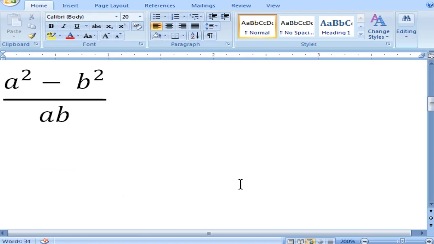Next is a square minus b square divided by ab. If you notice here, the numerator is a square minus b square, that is, the whole expression is the numerator. Since it is a whole expression, you have to use parentheses so that it will be evaluated first and then finally divided by a and b. Now a into a minus b into b, close parenthesis, then divided by, again you have an expression, a into b, that should be given within parentheses.